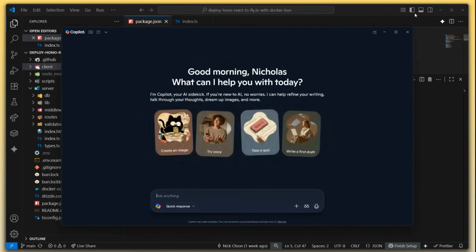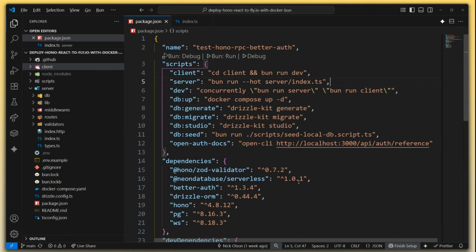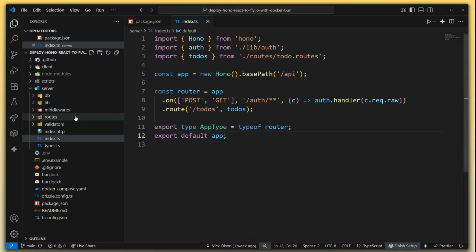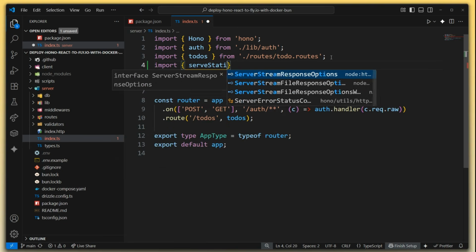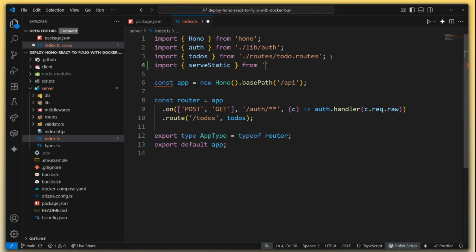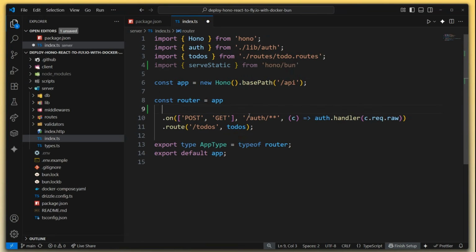So if I go ahead and, wrong keyboard shortcut, go ahead and end that and jump over to my index.ts file here inside of my server. So this is my Hono server. I can go ahead and import the serveStatic function from hono/bun. Then down here I can chain that function on. So .use